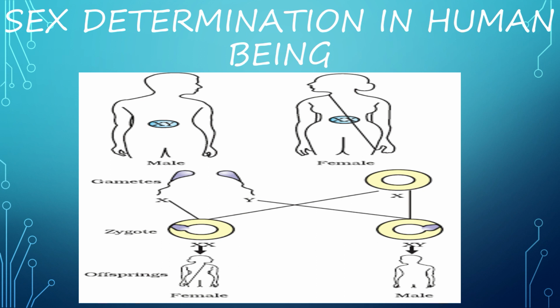As we know, different types of species use different ways for this. In some animals, the temperature at which the fertilized eggs are kept determines whether the animals developing in eggs will be male or female. In other animals such as snails, an individual can change sex. Therefore, in these animals, sex is not genetically determined. But in human beings, the sex of an individual is genetically determined.